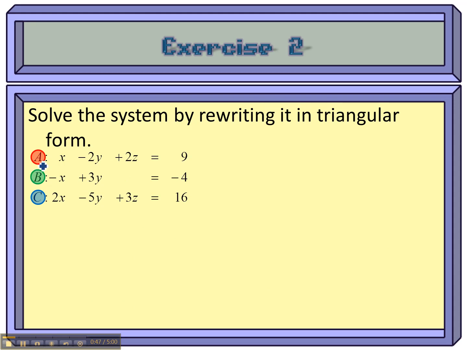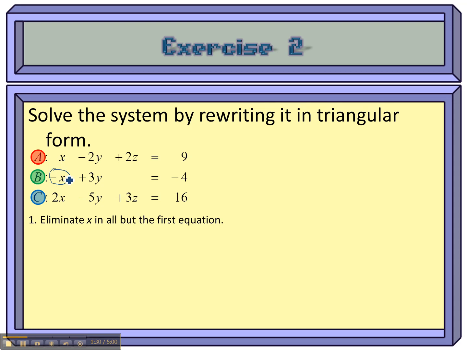I'm just going to go ahead and label them with an A, a B, and a C. And the first thing that I want to do is notice that the top equation's fine. I have a 1x in front of it, and I don't have to worry about the y and the z here. But on the second equation, B, I need to get rid of this x. So that's the first step, is that you have to get rid of the x's in the bottom 2 equations. Keep the 1 in the first equation. So you ask yourself, what can you do by adding, multiplying, or subtracting these equations to get rid of this term? So the obvious thing is that I can just add A to B,